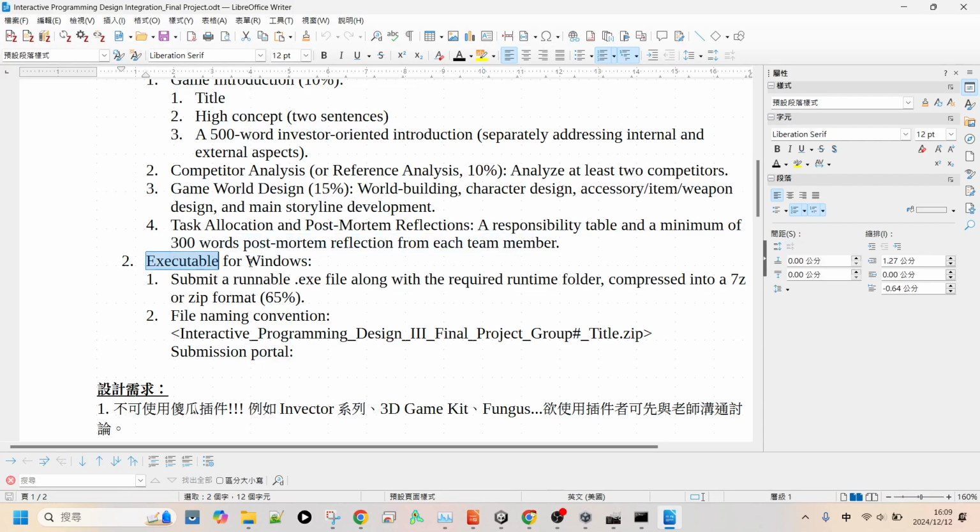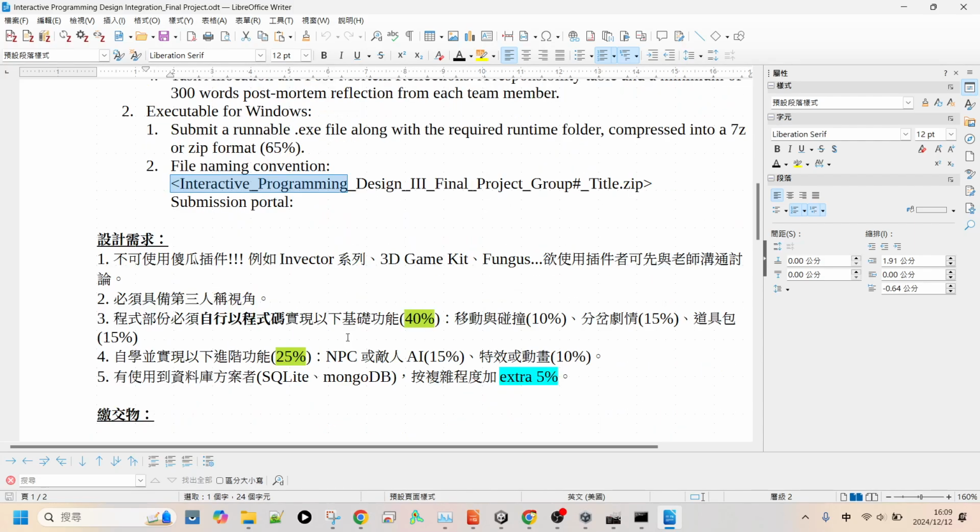You also need an executable for Windows. We need to run your project on Windows. If you have an Apple, that is a problem for me because, as you can see, most of the environment is Windows. But if at any cost you can't find a Windows machine, contact me. Submit the exe file with the required folder, and the file naming should be like this. For the following part, I'm